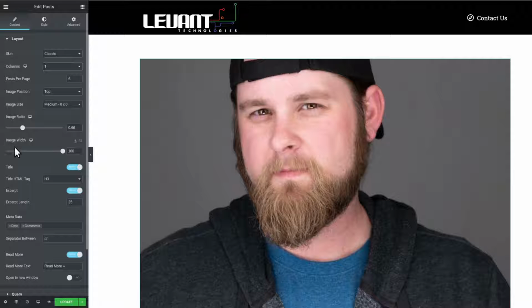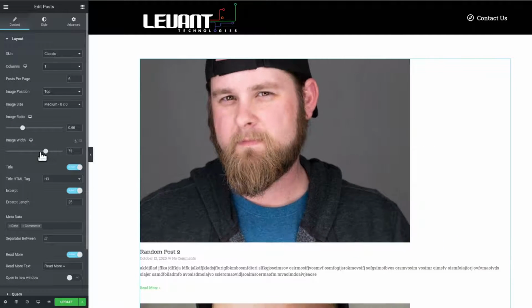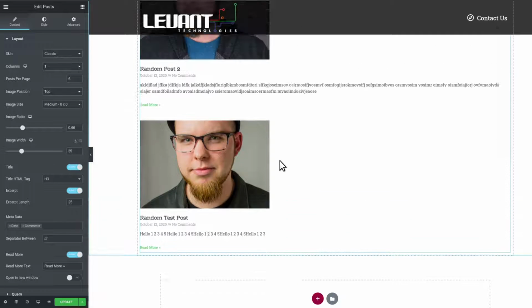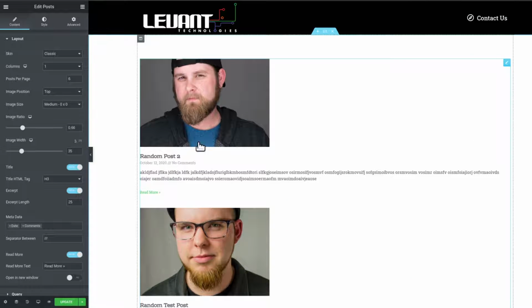So what I'm going to do is, as you can see right here, the image width, I'm just going to reduce it. Now that's a little bit better. You can play around with the way it looks once you get this set up. Now, what is image ratio? As you can see, his forehead is a little bit cut off because